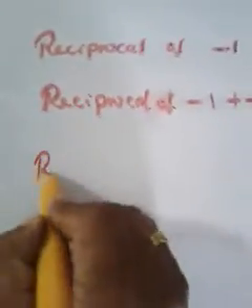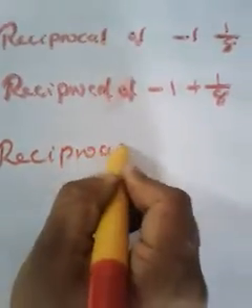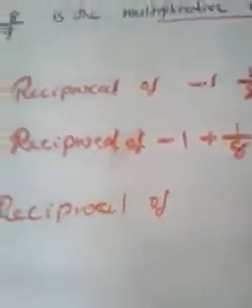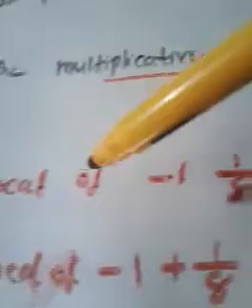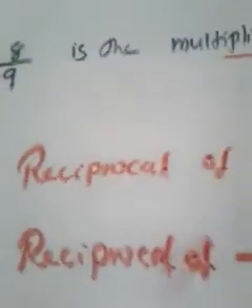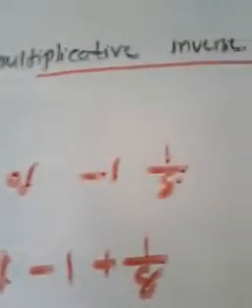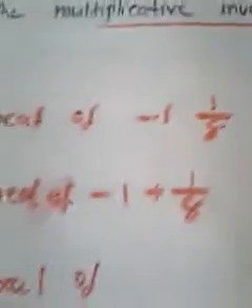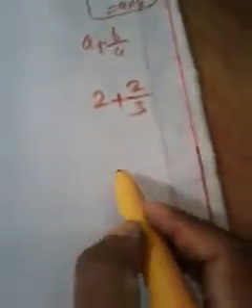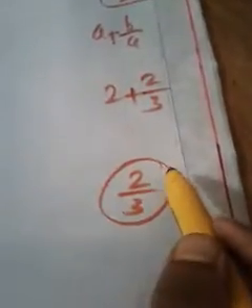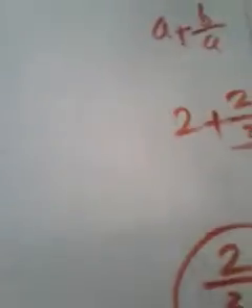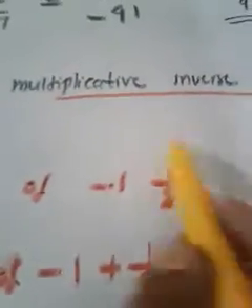Then, in order to take the reciprocal, as I told you, you have to simplify the fraction first. So once again, I'm going to calculate the reciprocal of minus 1, 1 by 8. So I have to simplify this fraction. Suppose we take the reciprocal of 2 by 3, the answer is 3 by 2. Very simple. But this is not a fraction like 2 by 3. It is a mixed fraction. So I have to simplify it first.